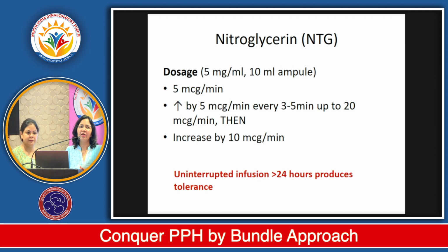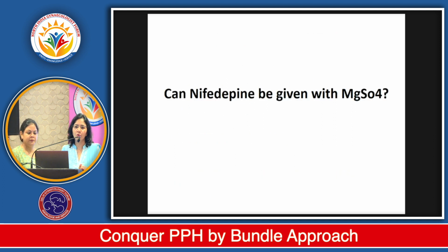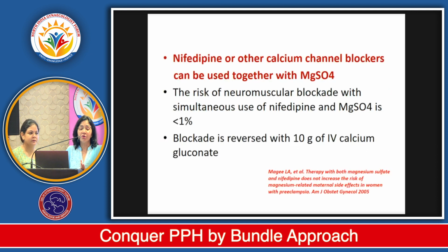But it should not be continued continuously. You have to give some other longer acting antihypertensive along with it. So just don't stop by giving this. You have to add on other antihypertensive. So if labetalol is also contraindicated, and we know that previously nifedipine was to be, we were told that it